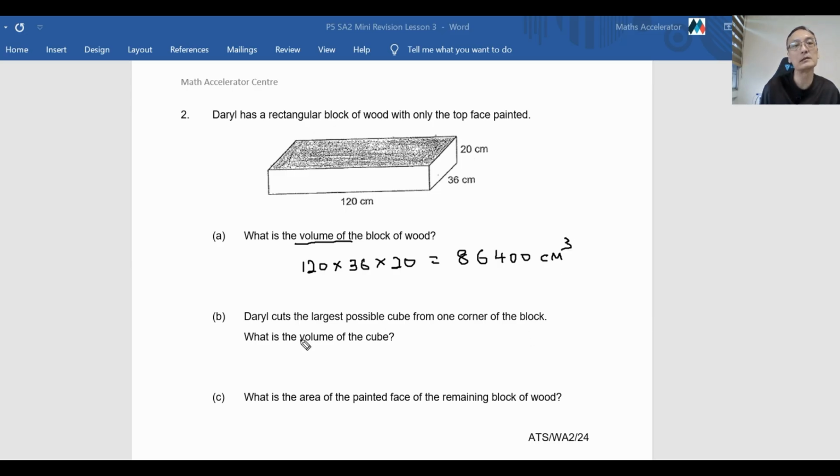Okay, B will require us to think a little further. Daryl cuts the largest possible cube from one corner of the block. What is the volume of the largest cube? Right, from one corner of the block. Okay, let's say we cut from this corner. How do we know what is the